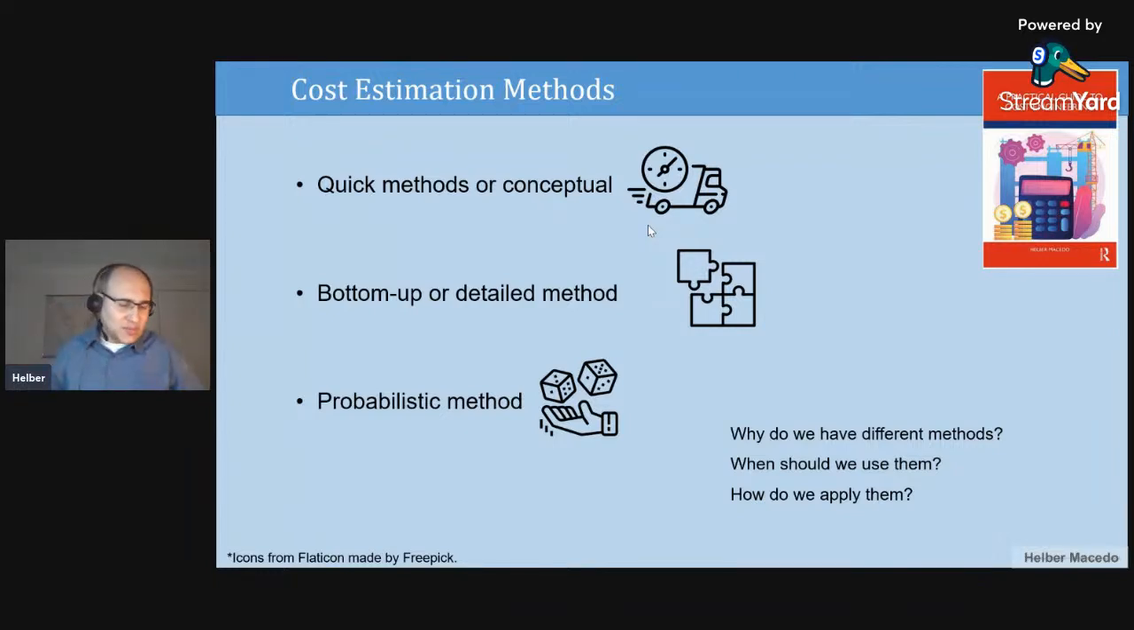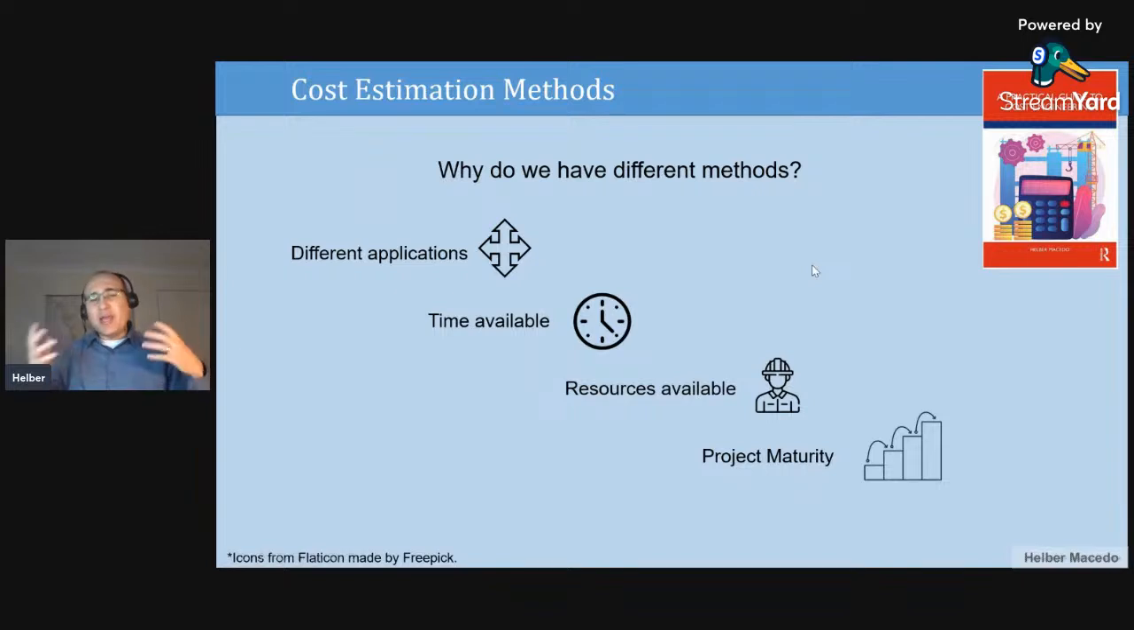And the questions that I will try to answer are: why do you have different methods, when should we use these methods, and how to apply these techniques. Okay, so why do we have different methods? The first reason is because we have different applications. If you don't know so much and you don't have much information, of course it's not a good idea to use, for example, the bottom-up, because for the bottom-up technique you need to have a clear definition